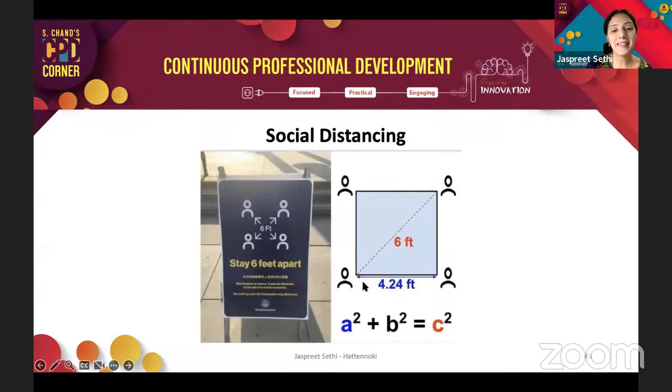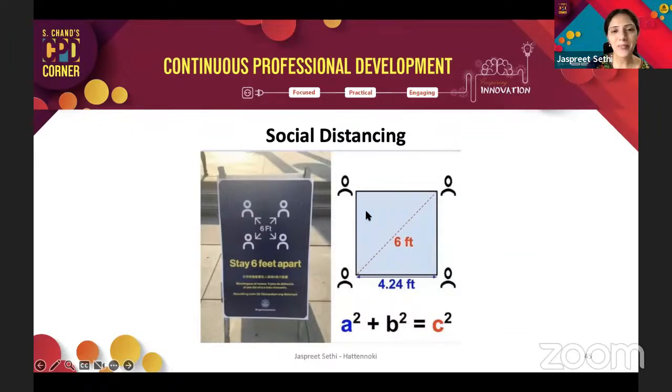If I want my diagonal distance to be 6 feet, then I need to make sure that using the Pythagorean theorem, if this value is x or any variable, and this is also x, then the areas of the squares on these corresponding sides, the sum of those, should be equal to the area formed by the hypotenuse side. So basically, if I want my diagonal to be 6, where 6 squared would be 36, then there's no way that I can have a 6 and a 6 here to get that 36.